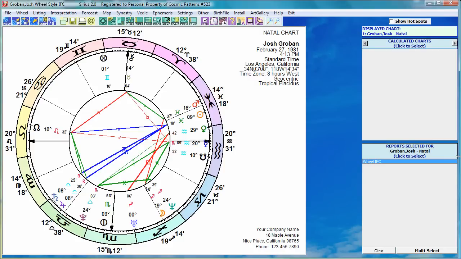Hello there, I want to show you the treasure maps. This is a feature of Kepler and Sirius. So I'm in the Kepler 2.0 software and I'm looking at the chart of Josh Groban, the singer. And the treasure map will tell me what areas are great for him for, say, love and romance or for